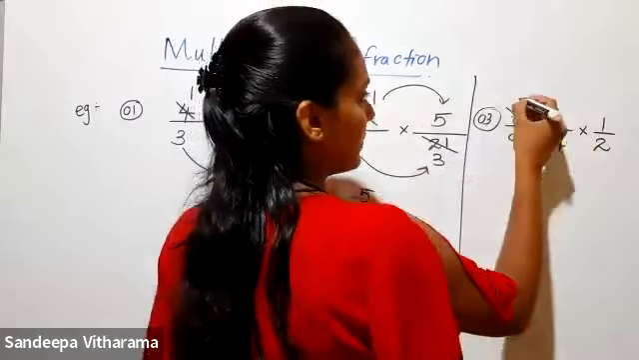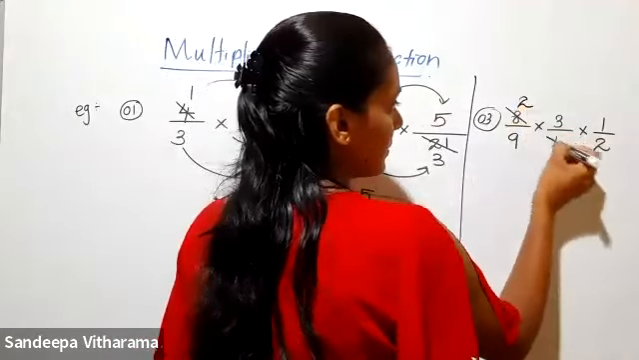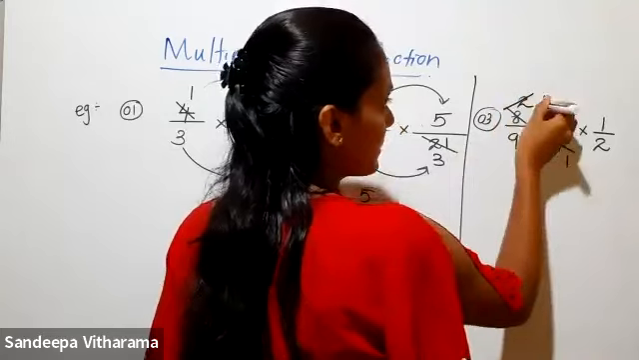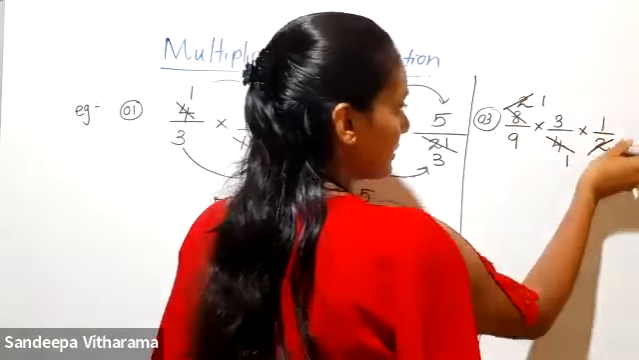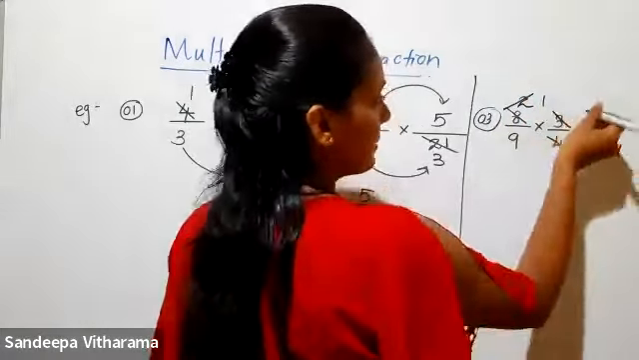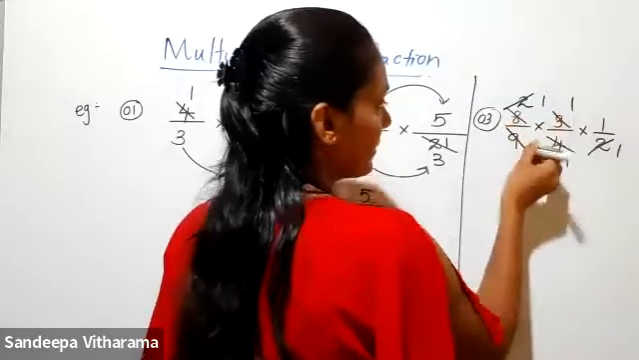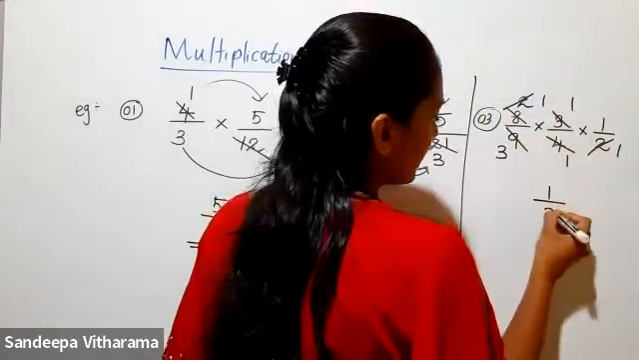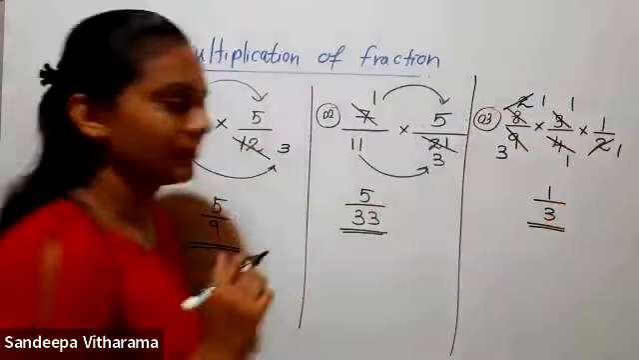8 divided by 4 it is 2. 4 divided by 4 it is 1. 2 divided by 2 it is 1. 2 divided by 2 it is 1. 3 divided by 3 it is 1. 9 divided by 3 it is 3. Then it is 1/3. Okay,